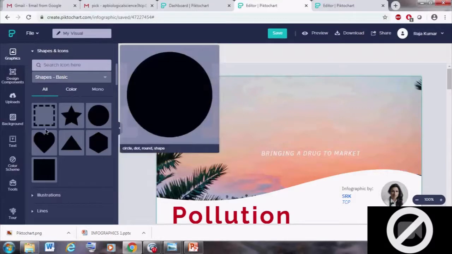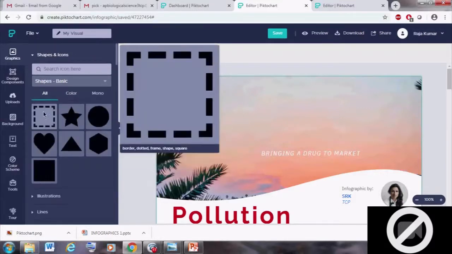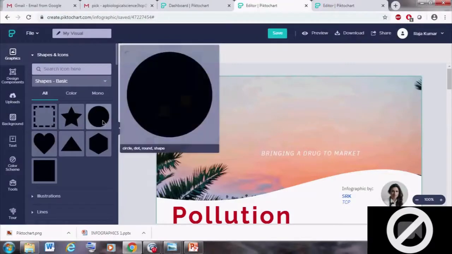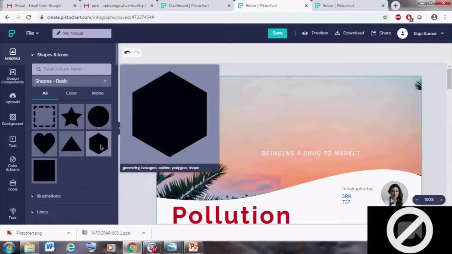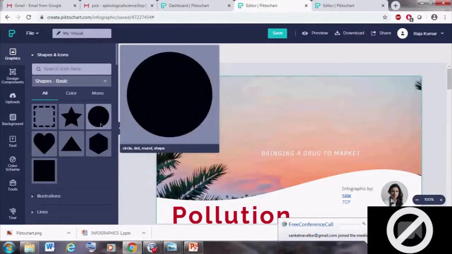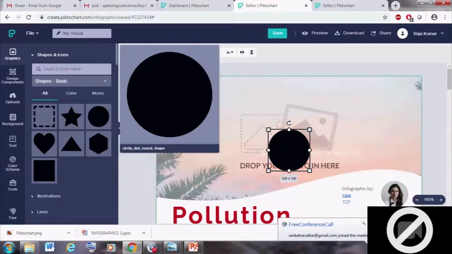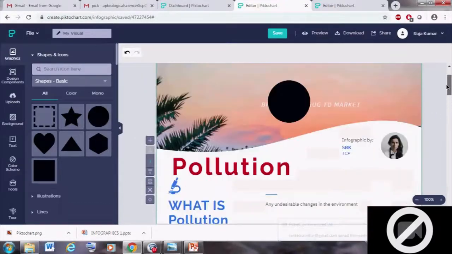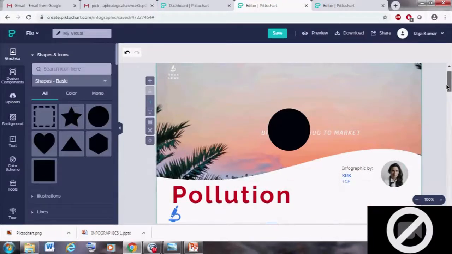The first ones are the line, box, star, circle, arrow, triangle, and square. We can use these. If you want these shapes and icons, you can choose and add anywhere.